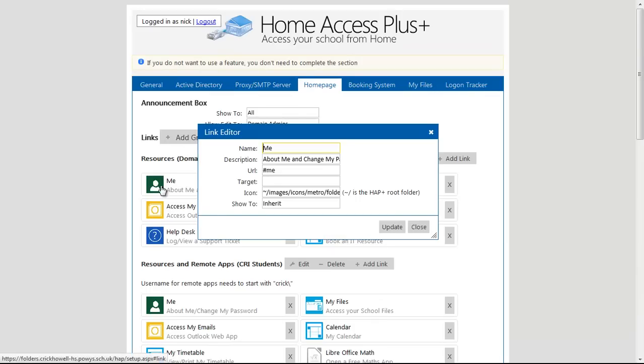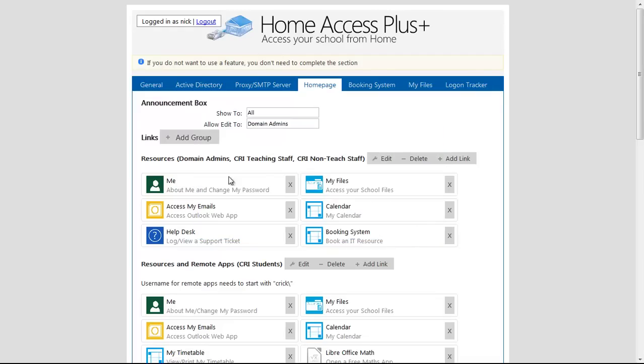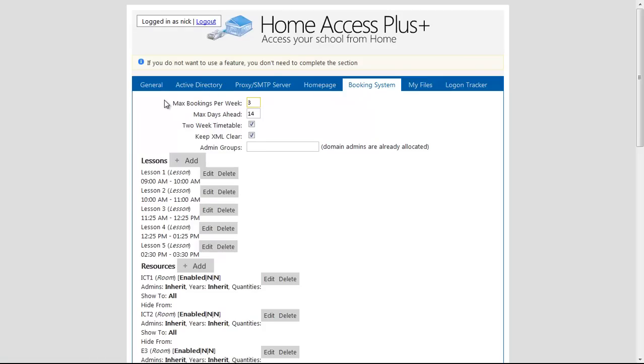Then on the Me icons, set their show to none, or remove that link completely. The Booking System tab allows you to set what the default maximum bookings per week is, how many days ahead, in this case 14, which is equivalent to 2 weeks, whether or not you run a 2-week timetable, whether or not to keep the XML data store